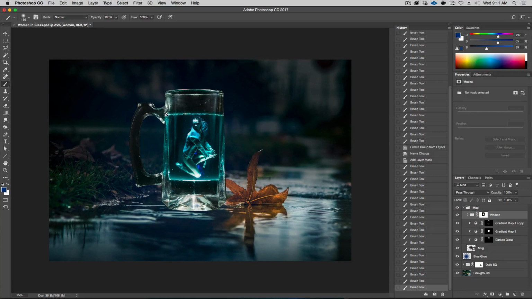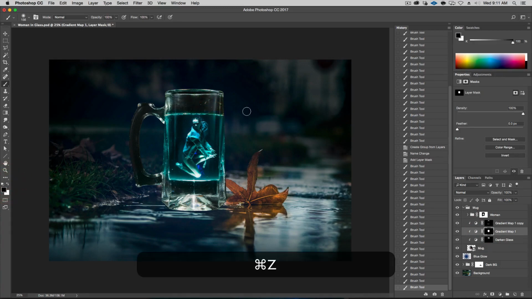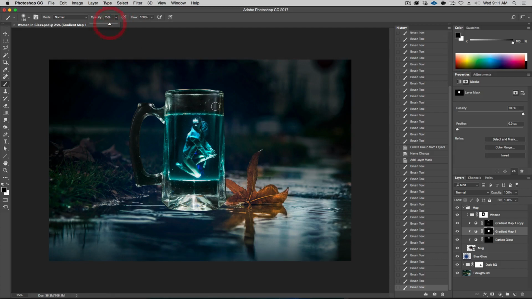This blue is kind of passing the liquid. So let's go and see where that's happening. I believe it's here. Okay, so let's go into here, and with a black mask, let's just mask this out. Oops, not too much. Let's go a little lower in opacity here. Just trying to get, there we go.